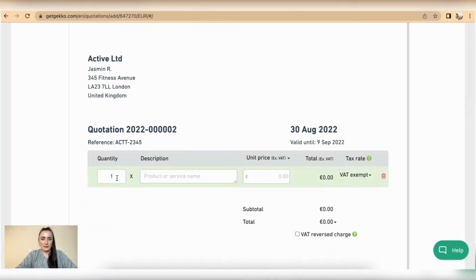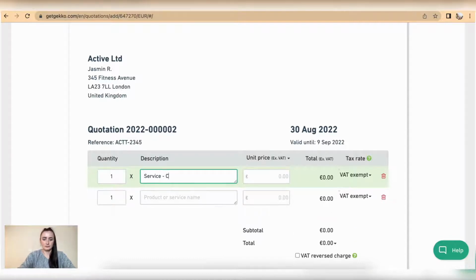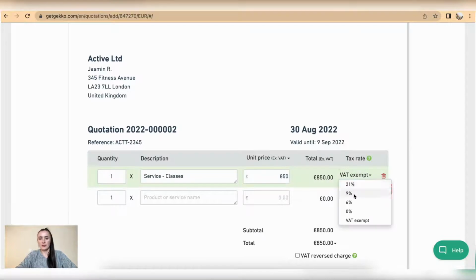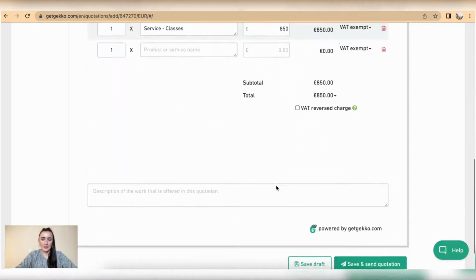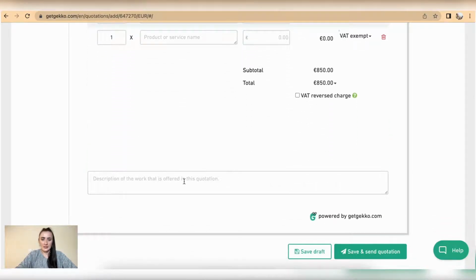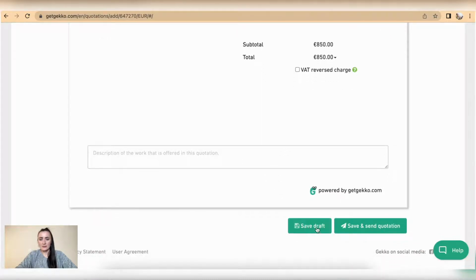Provide details. So I have one quantity of a service for a rate of 850. You can still amend information about tax rate. From this drop-down list, you can select appropriate tax which need to be applied to this amount. We can provide more details in notes section below here, and we can save as a draft or save and